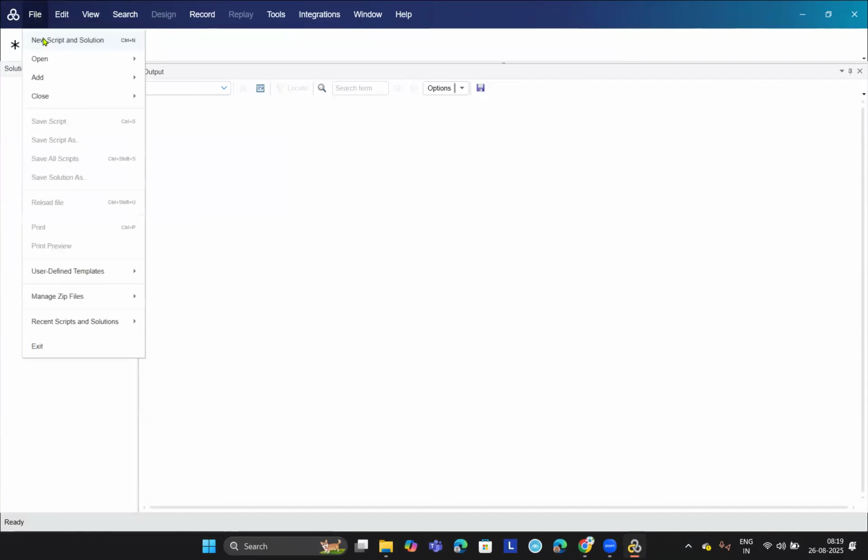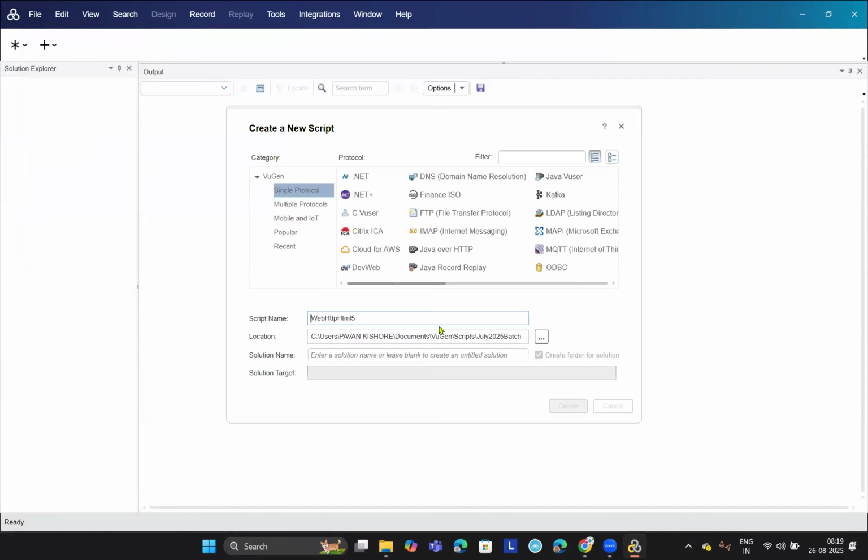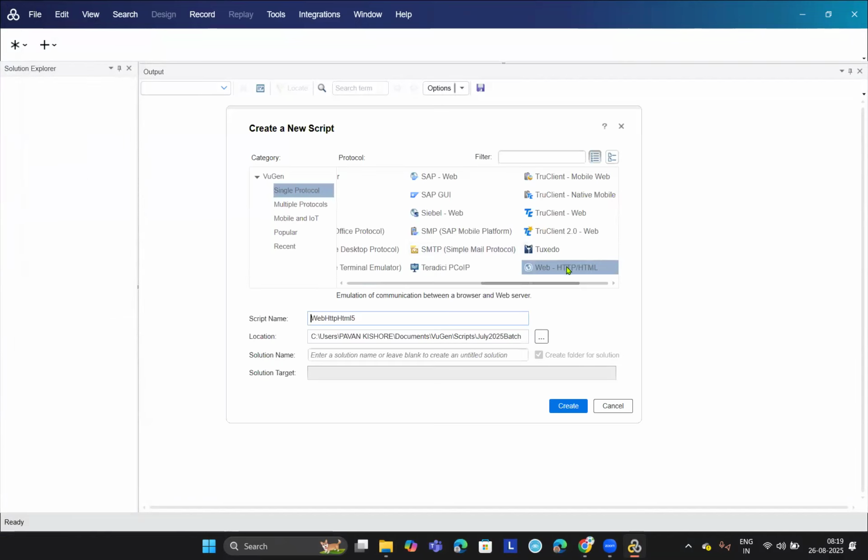Now, go to File, New Script and Solution. Till now we have been selecting the web protocol, isn't it? Now, if you want to measure page rendering time also, you will select this TruClient web, TruClient 2.0 web protocol. So once you select this TruClient web protocol,